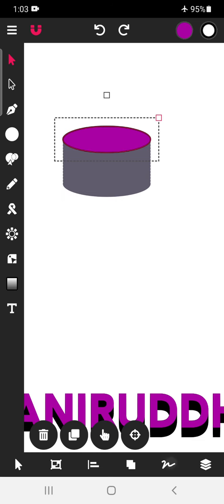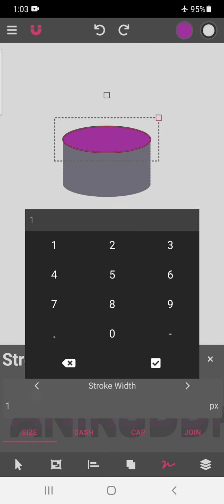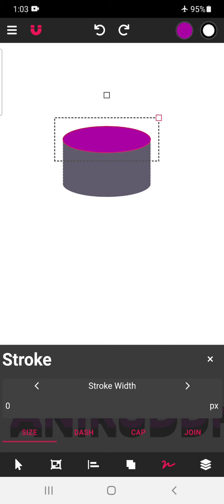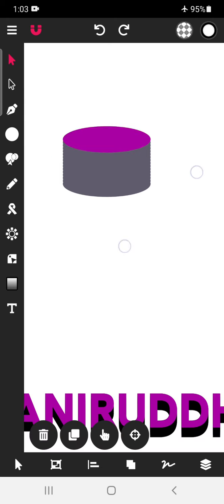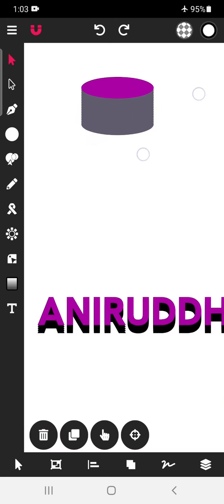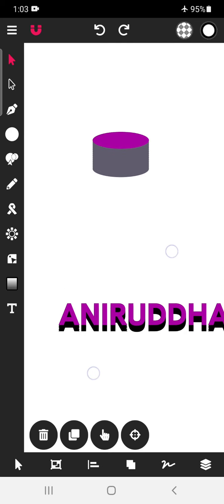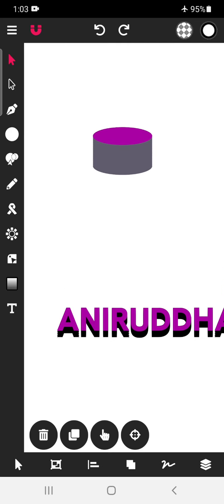We will remove this stroke also. And our 3D object is ready. You can create any 3D object using this distribute tool in Vector Ink app.